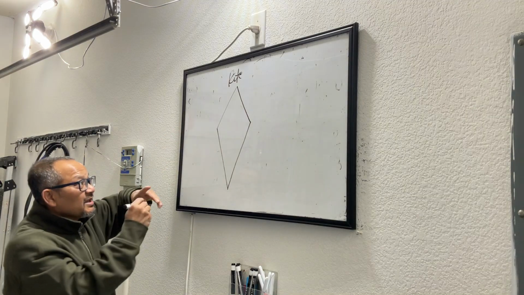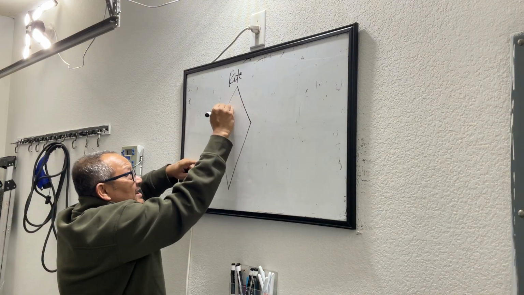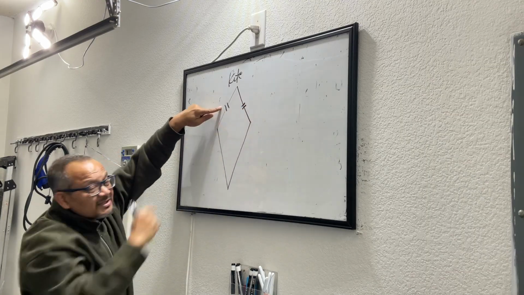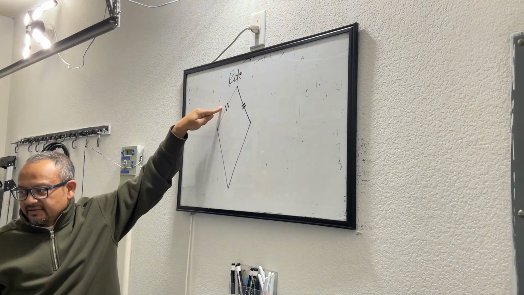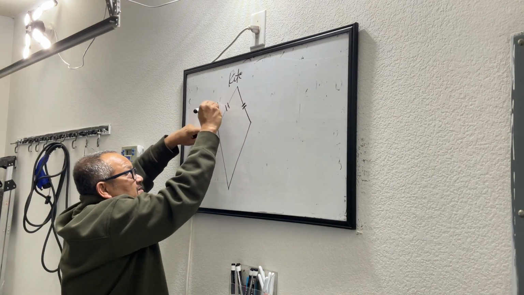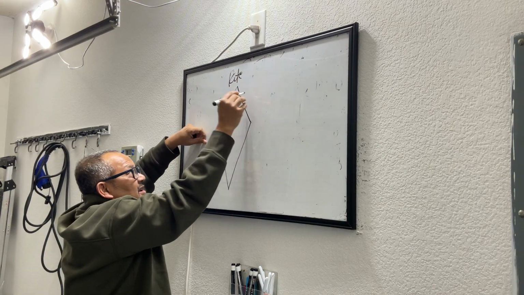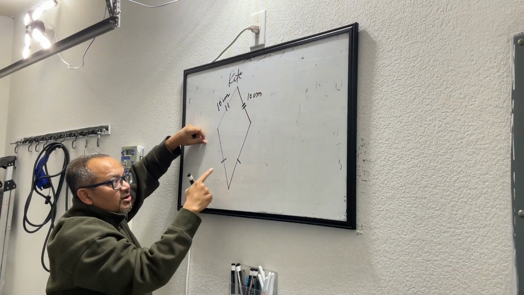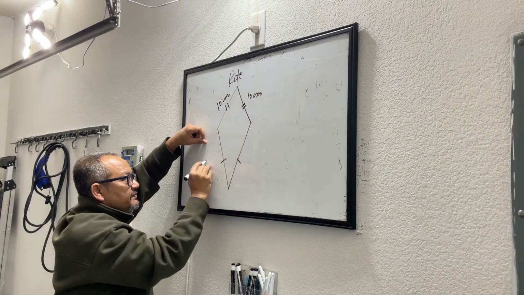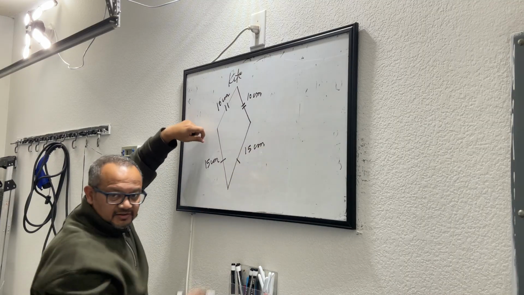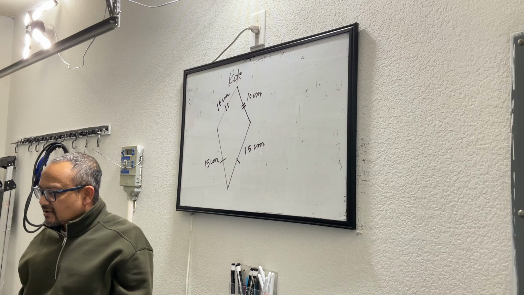But if it is making sense, as Dikshita said, if you are talking about a kite, the top 2 sides, I will not say line, okay? I will say sides, okay? So top 2 sides are of same length. Let's say this is given as 10 centimeter. This is also 10 centimeter. And the bottom 2 sides are also the same length. So if this one is, let's say, 15 centimeter, this is also 15 centimeter. Make sense?